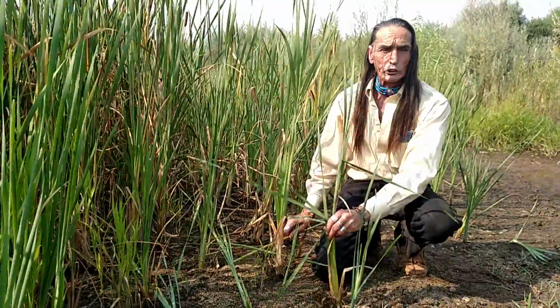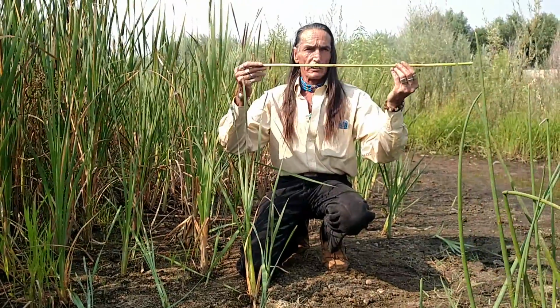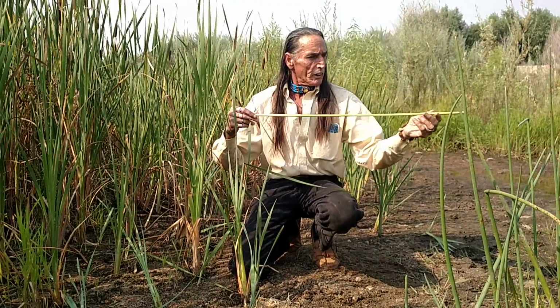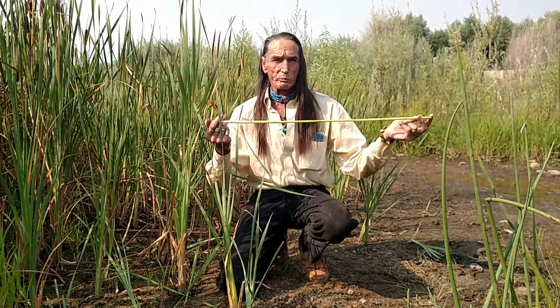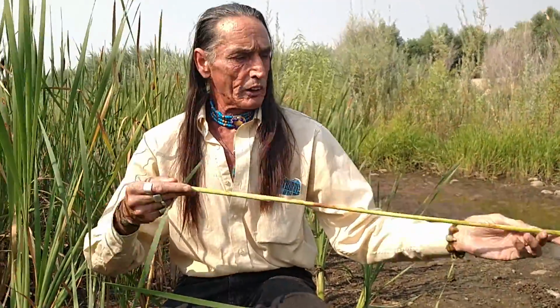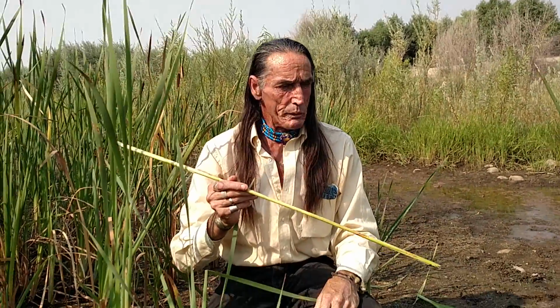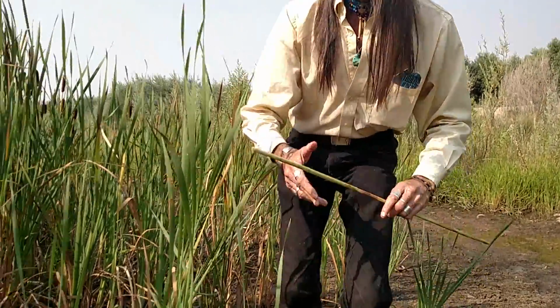Another use of this plant utility-wise is native peoples for hundreds of years have made lightweight reed arrows. On the front and the back here I would place some elderberry for the foreshaft and for the knob to make a really nice arrow. Also, these can be made into fish traps, baskets, many utility items. As you see here,